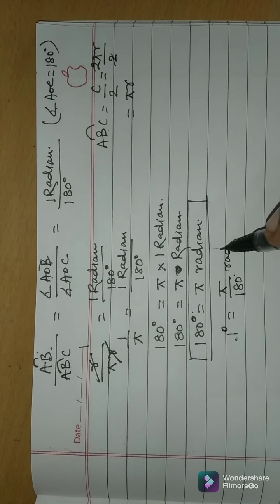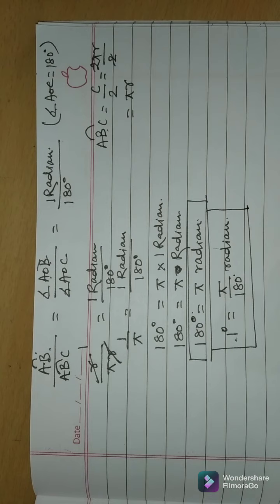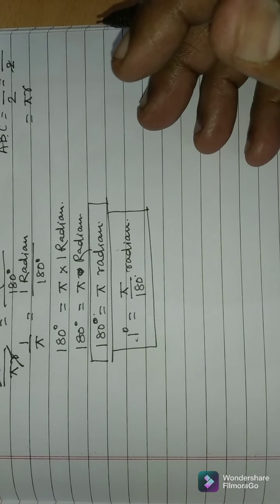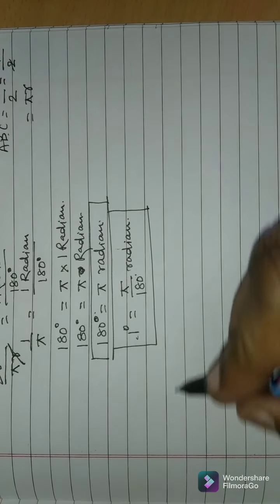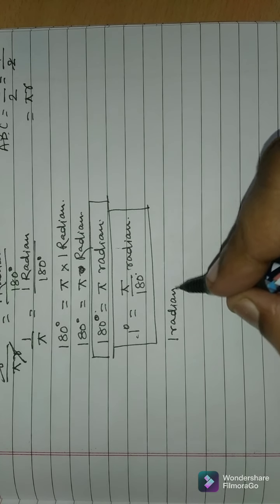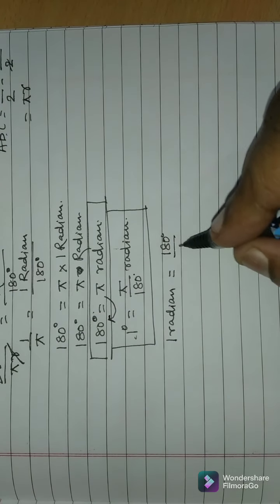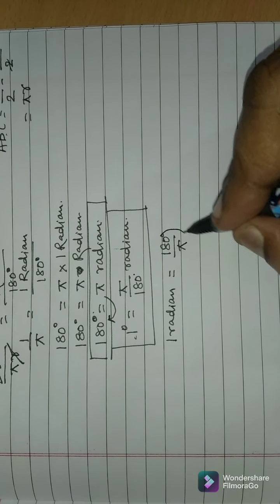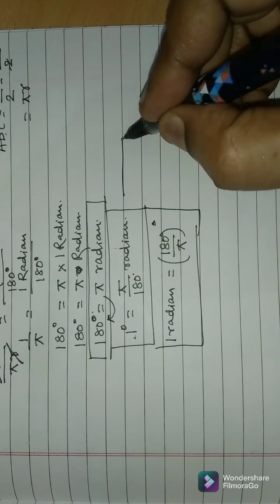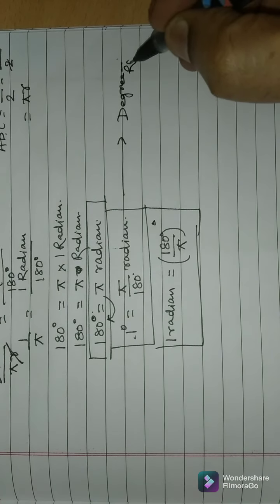Just be aware of it, and now you have seen how this formula came into existence. Now if I take 1 radian, then 1 radian is equal to 180 degree, and this pi will come to this side, so 180 degree upon pi. So if we have to convert from degree to radian,